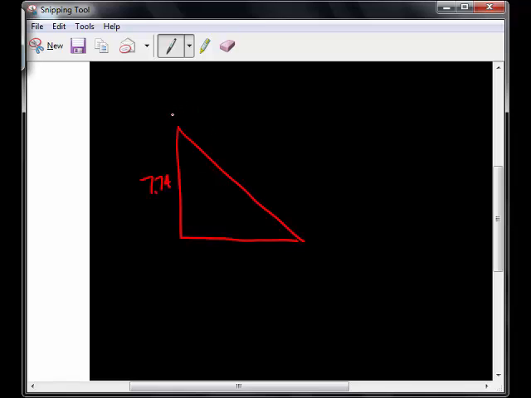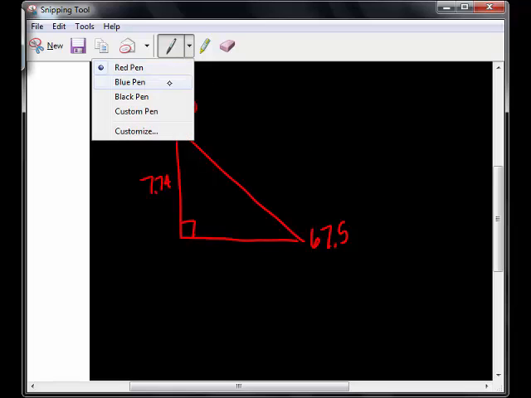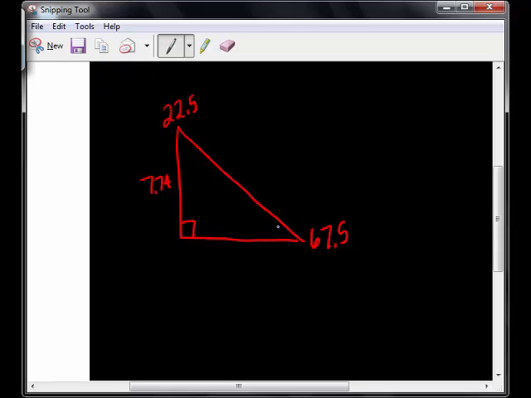A is 22.5. And that would make angle B 67.5. And we have to find the other sides. So 22.5. So this is the adjacent side. So we would say cosine 22.5 is adjacent